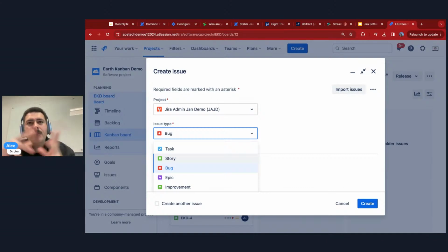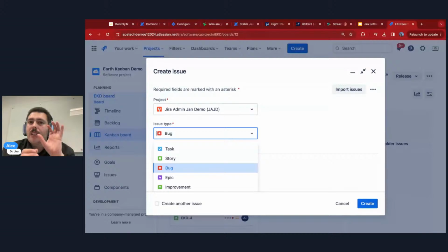Now, I like to say that, and some people hate when I say that, but this is the best way that I can describe it because it truly is based on the Agile fundamentals, right? So you are going to see the issue types, these stories, these bugs, these epics. These are very much coming from the world of Agile. So if you've never taken an Agile training, Jira is not going to make a whole lot of sense because